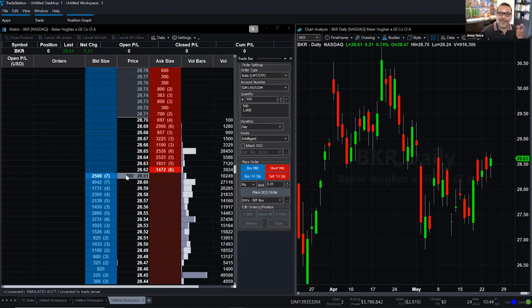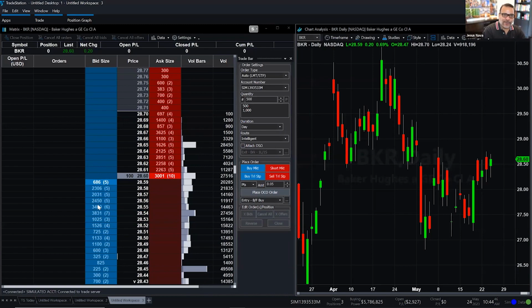The number that you see on the left-hand side is the last traded size, but the matrix is also very good at telling you where the buying and the selling pressure is. Over here in the blue column, you have all the submitted buy orders. So all the traders submitting buy limit orders are going to be there. Of course, all the buyers are going to want a lower price. So as they are submitting orders to buy Baker Hughes, let's say at $28.50, they get grouped and visible here,